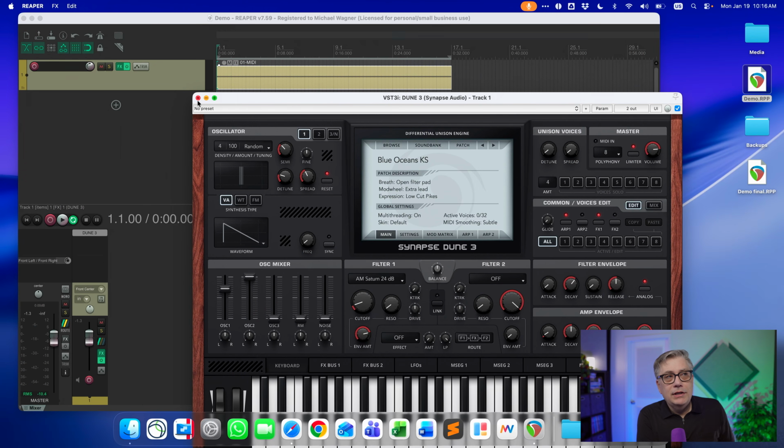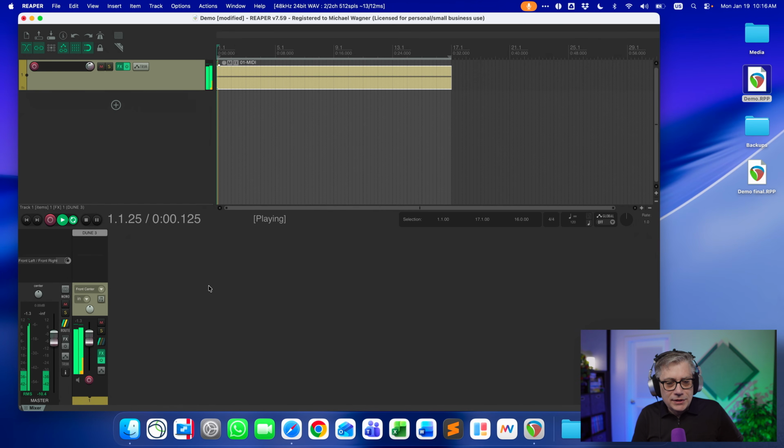I'm working on a Mac today and I've decided to work with Reaper, but everything that I'm going to show you should technically also work on Windows and pretty much any digital audio workstation that is capable of working with spatial audio or multi-channel audio. Now the session that I'm going to use is really simple. All I did is I used an instance of Dune and I'm just playing one of the factory presets. Let's just have a brief listen, because all we really need is to figure out if the placement of that sound in three-dimensional space is accurately represented by the Rime plugin and the Walkmix Creator.